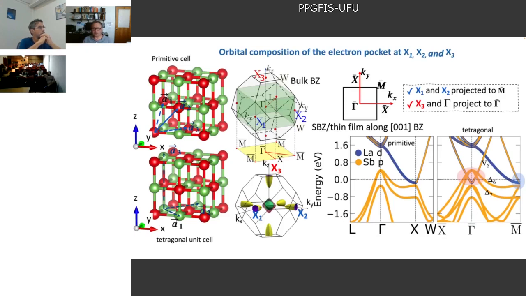So if you try to make a very thin film, you have to change. We are talking about the 001 direction here, okay? Not the 111 or any other direction, and you have a tetragonal cell as a basis, right? But then when you look at the band structure of the tetragonal cell, you see that there is a pocket projected at gamma, on the right side of this figure, right? This pocket comes from a projection of the X3 pocket along the Z direction that ends up at gamma. And when you make a very thin film, the M bar here is the projection of X1 and X2 essentially in the plane. The X3 is projected into gamma bar,